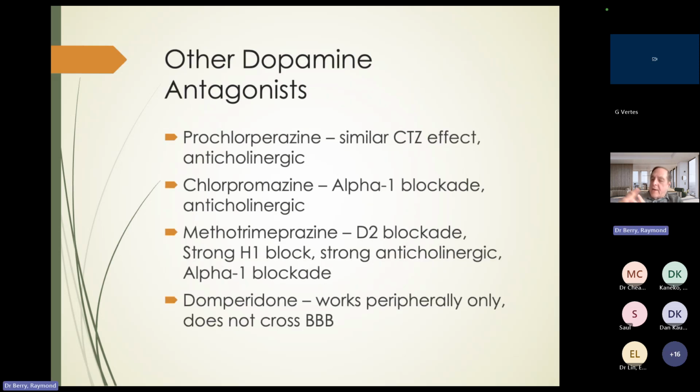There are other ones. I focused on the ones that you probably need to know, the most pure dopamine blocker, which is Haldol, and metoclopramide. There are other antipsychotics. The most well-known for nausea is prochlorperazine, which is trade name Stemetil. It's most well-known for nausea because it was marketed for nausea. The drug company had a very bright idea. They knew there was a lot of